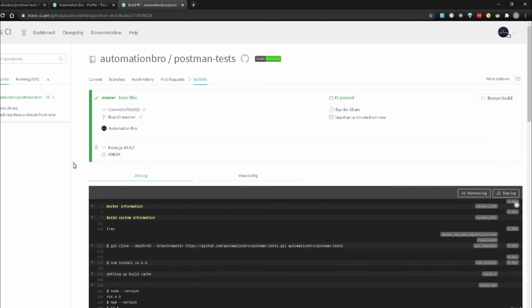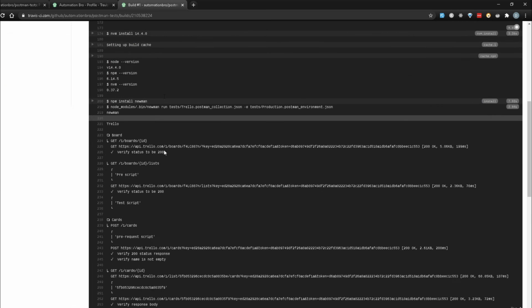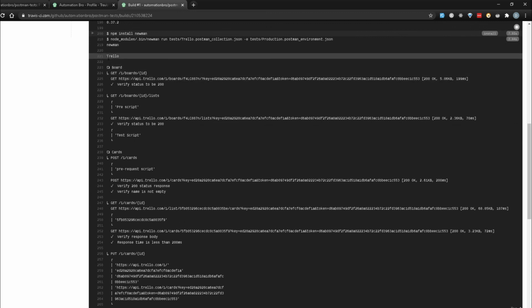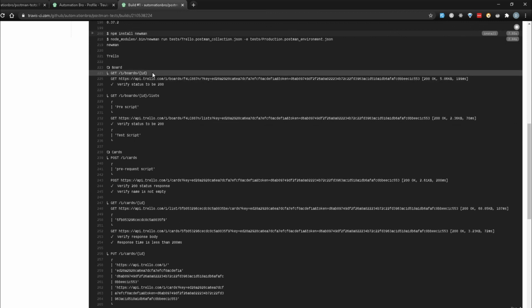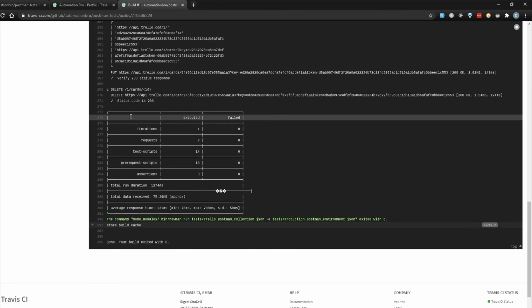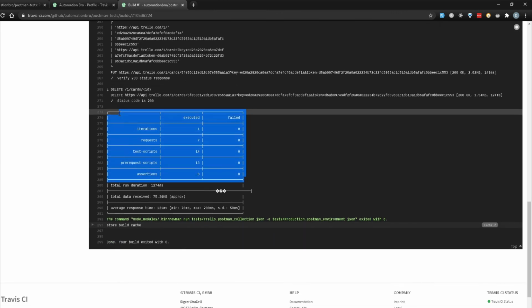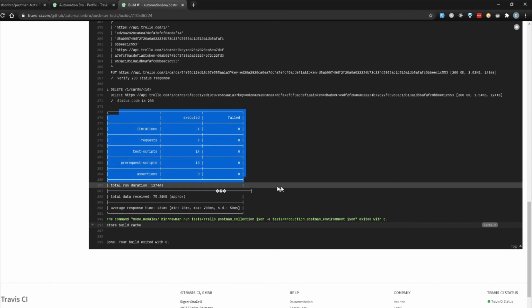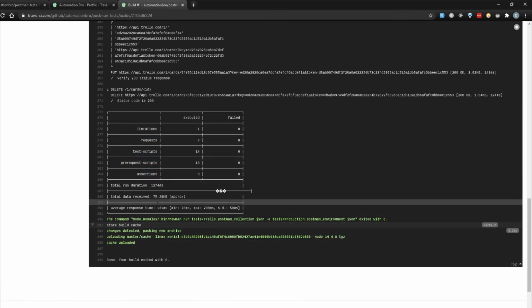Okay, so my build finished. And if you notice here, it says build passing. So everything went good. And if I scroll down, you can see that it actually executed all the Trello tests for me. So I can see all the get related test, the post test for a card. And if I scroll down, I can actually see the same terminal related view that we saw in our previous video. It's actually showing up over here too. So our build succeeded, all tests are running.